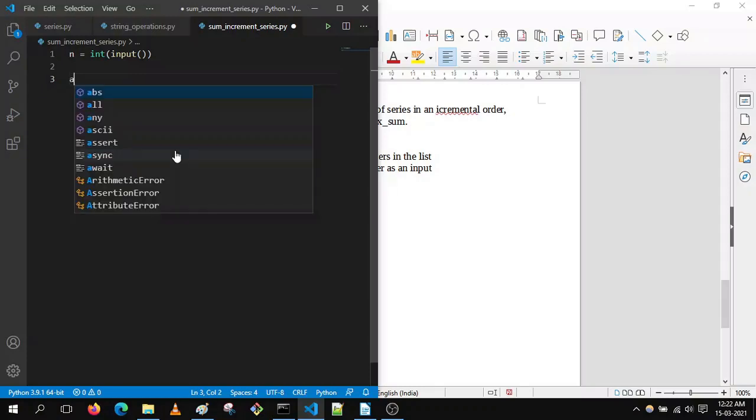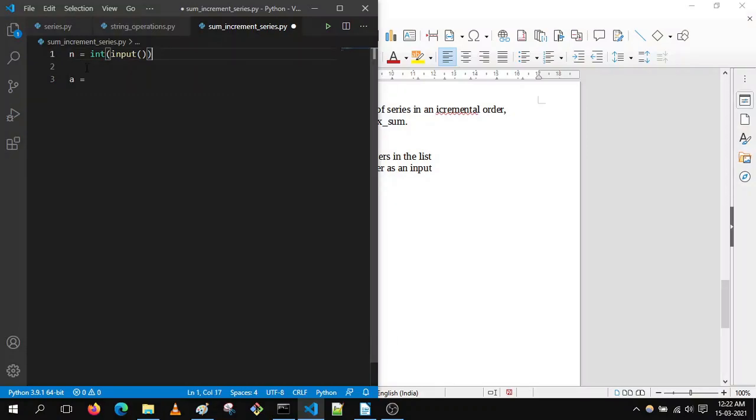First we took n as an input. After that we maintain one array in which we will store the input elements.